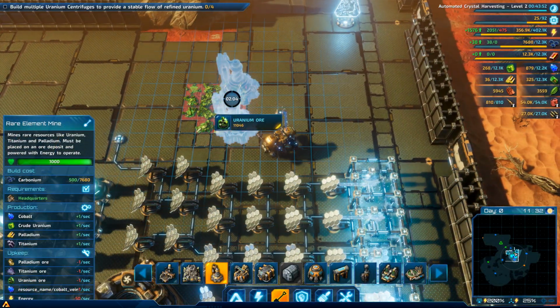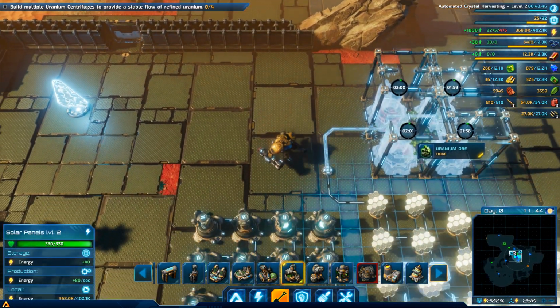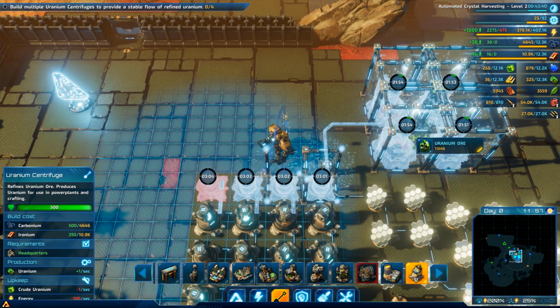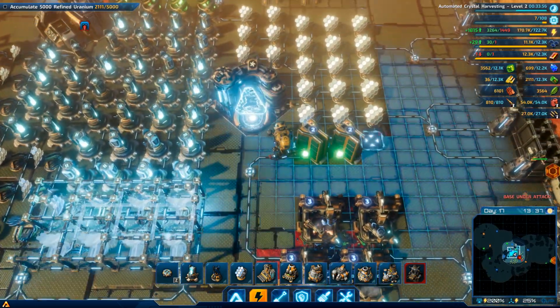Now we can set up uranium mines to dig up uranium ore from the ground. Crude uranium won't be useful for us though. We still need to set up uranium centrifuges in order to enrich it. Only after that we will gain access to enriched uranium that we can use in production of our weapons and